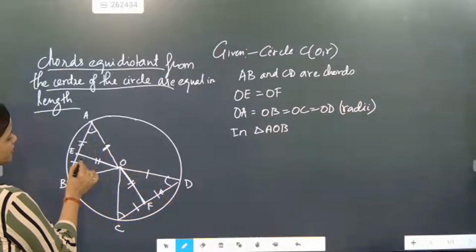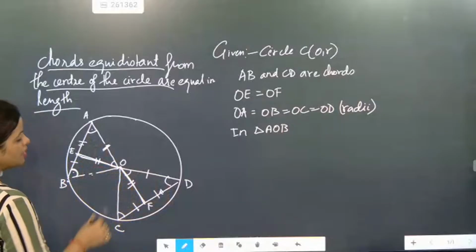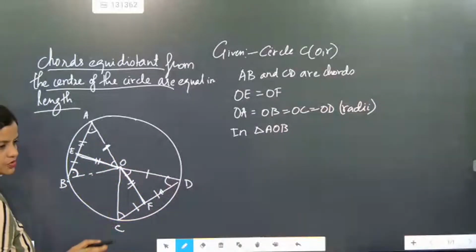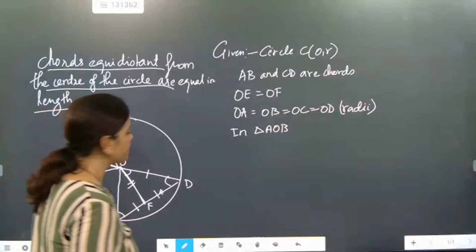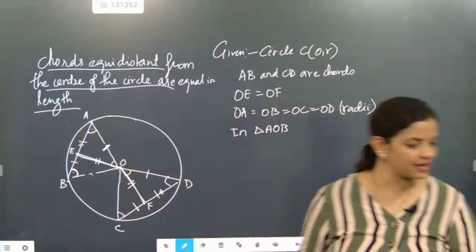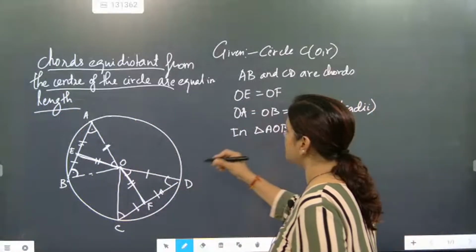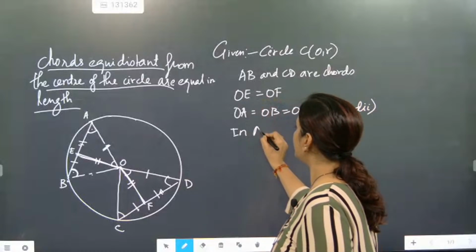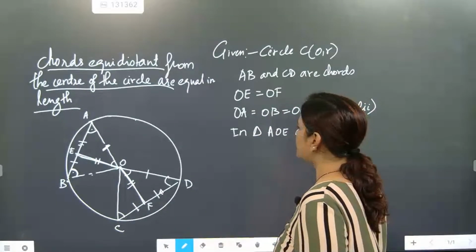Understood? Or by vertically opposite angle also we can take this side, because this is intersecting. Okay, but we can't take directly vertically opposite angle. It is not going to work here. So we will take this section only. Okay, because two centers' radii is exactly equal now. So we are drawing. So in triangle AOB, or we can directly write in triangle AOE and triangle